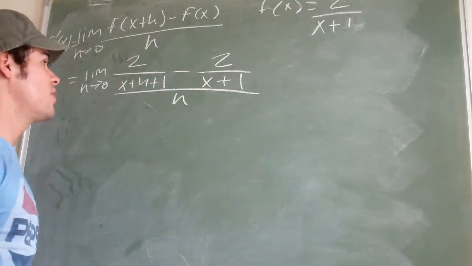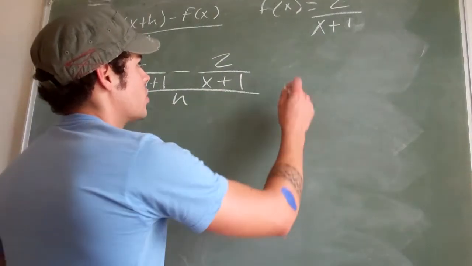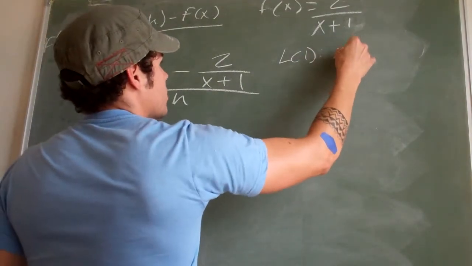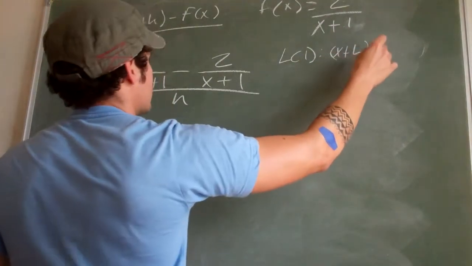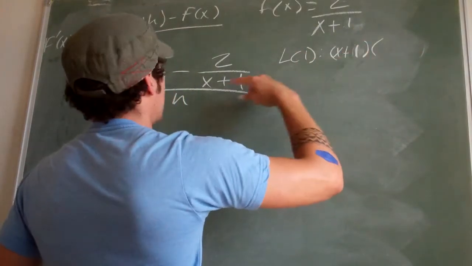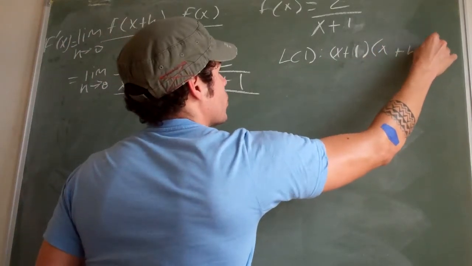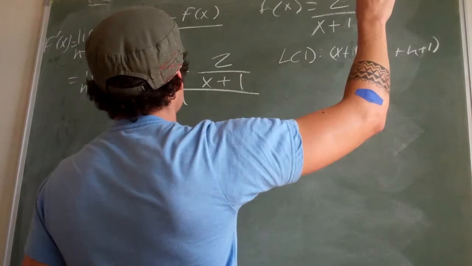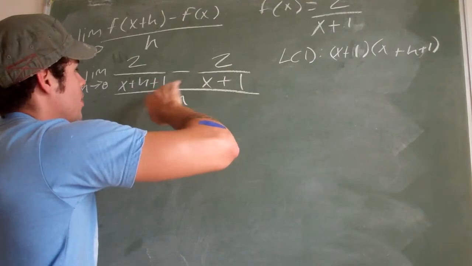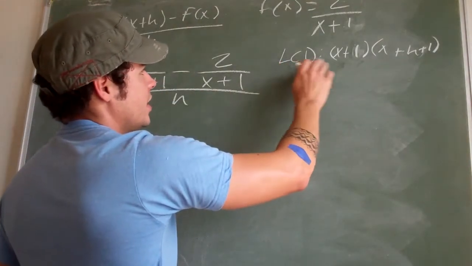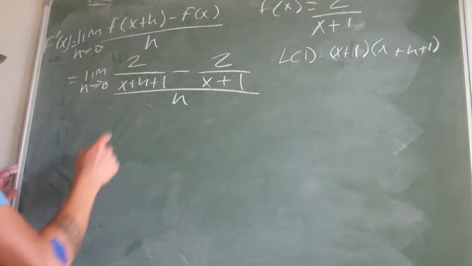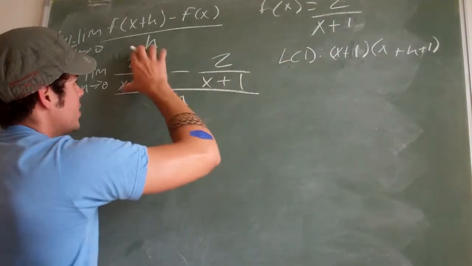There's a lot of different ways to simplify this, but the best way I know of is just to multiply by the LCD, and in this case the LCD, you've probably already guessed it, is x plus 1 times x plus h plus 1. I'm going to do the LCD of the top, x plus 1 times x plus h plus 1. So if I multiply this LCD times the top here, we've got